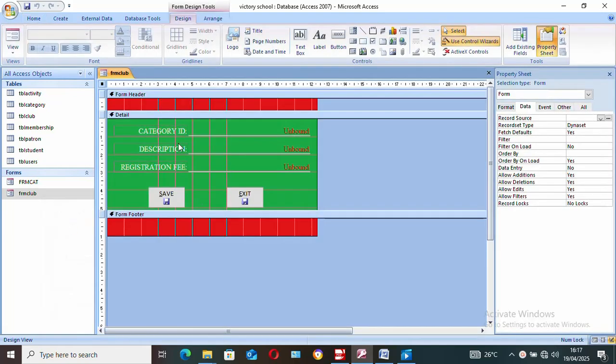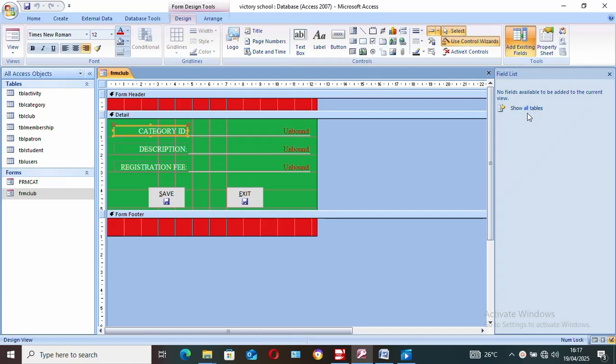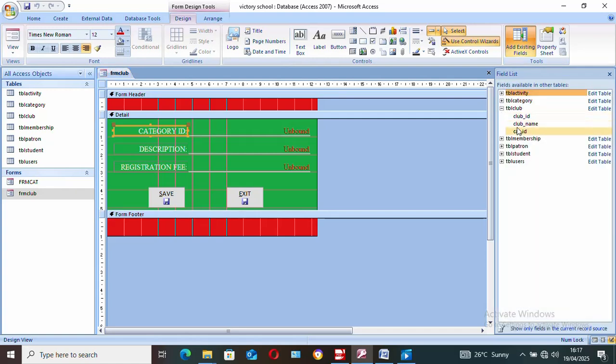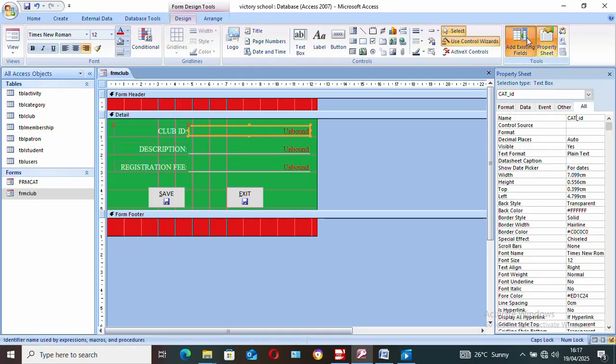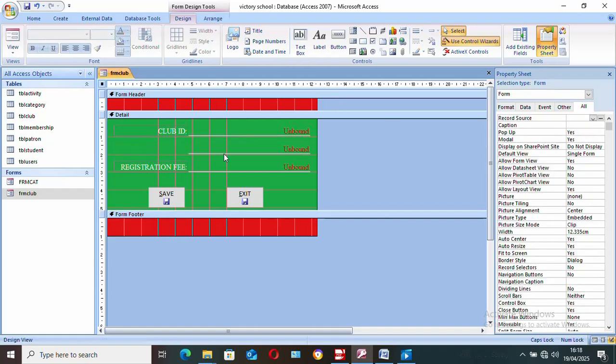and this one you are going to change, so we can check what you have on our table, the table club. So it's going to have club ID, club name and club category, or club category ID. So this one we are not going to change, so this one we're going to call it club ID, and the name that you are giving, you can use any other name that you feel comfortable working with. This one you are going to change to, so we go back to properties. So this one you are going to change to, we go to all, and then this one you are going to call it, so it's good, let me confirm, club ID. So this one you are going to change to club ID. I said it's good we use similar names so that when you are coding you don't have to remember, or you don't have problems. Then we are going to remove these two text boxes because we don't need them,